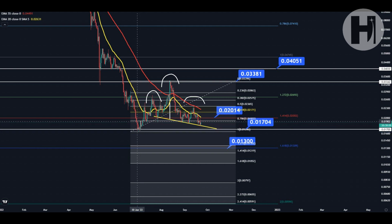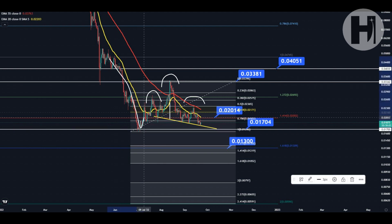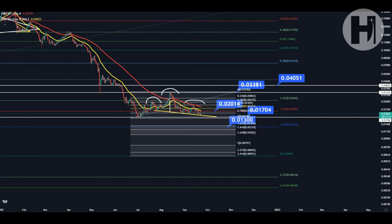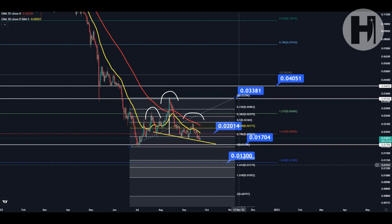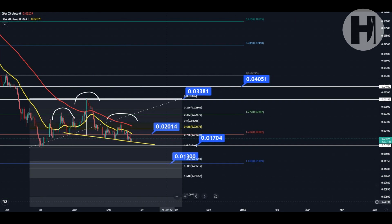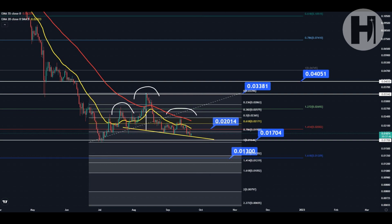So as a lot of charts are doing, or a lot of altcoins, we're printing the low in the summer, we're starting a retracement to the upside, and we're coming back down to where we came from. So this is something to keep in mind. And I don't know how long we're going to be doing this. Hopefully longer than most people expect, because I want to buy into my altcoins and I want to do that